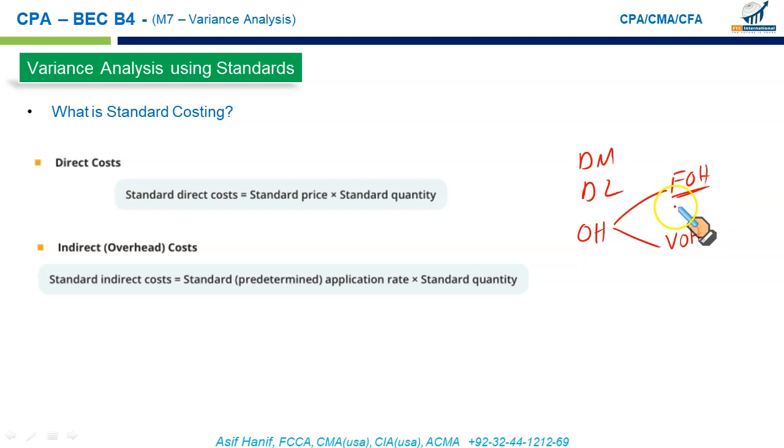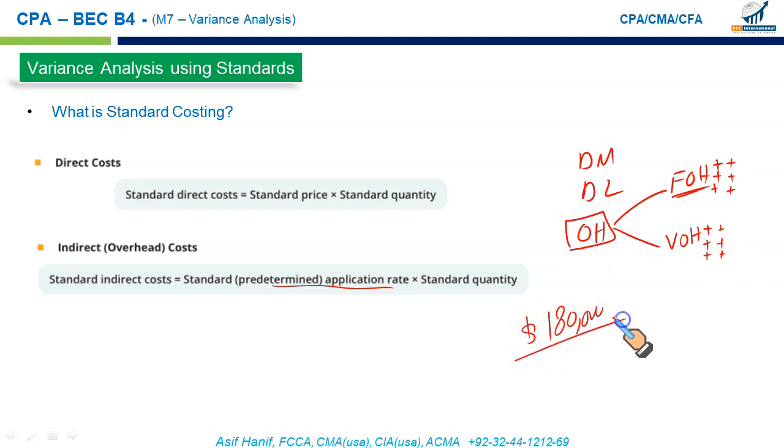Now, how do we set standards for these two? Or let's say combine them into a single manufacturing overhead or just overhead for simplicity. What we do, we establish a predetermined application rate at the start of the period. We estimate our rent, insurance, property taxes, depreciation, salary of the production team, fixed salaries, indirect material, indirect labor, all the estimated ones, and we estimate the total cost for the period is going to be $120,000 or $180,000, right? This is the estimated overheads for the coming period.